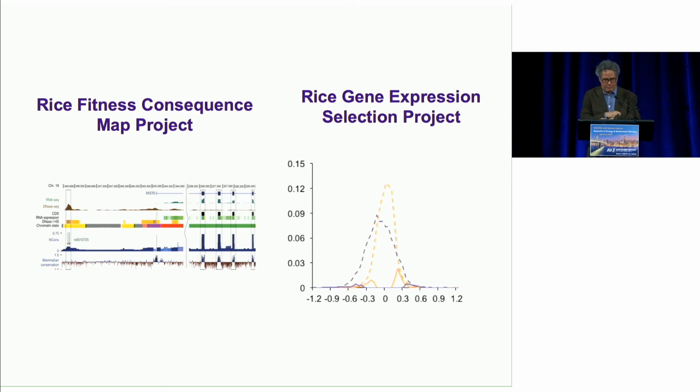I think I may have gone really fast, but I hope you got those 2 messages. We now have a map of fitness consequence in the rice genome. We're able to tell you across the rice genome what we think the level of selection is, even in non-coding areas. We need to continue to refine this by adding more data. I think we have a first draft of it, and hopefully this will become useful to those of us who are genomicists, those of us who are looking at molecular genetics, and those of us maybe who are interested in